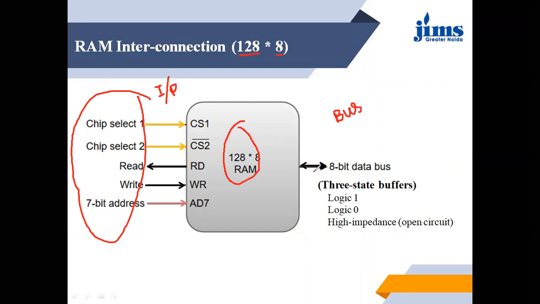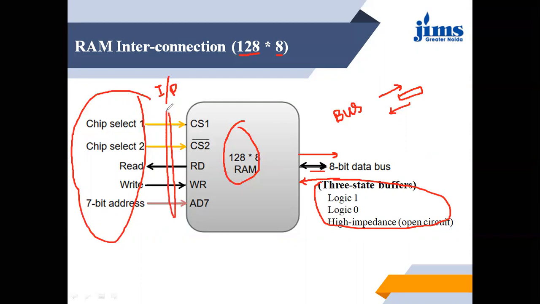It can be either read or write, meaning this bus is going to either read from the memory or write to the memory, so it is a bidirectional bus. Bi means two, so it is a bidirectional bus. Either it can read the data from the memory or it can write the data to the memory. We will discuss this in a moment. Let's first try to understand the operations of these.